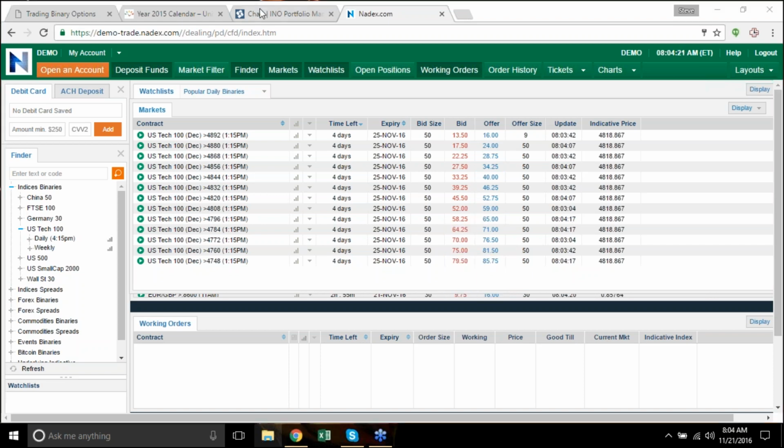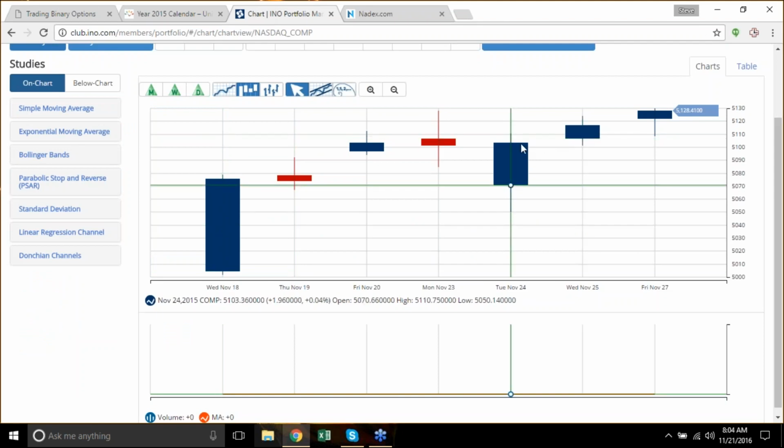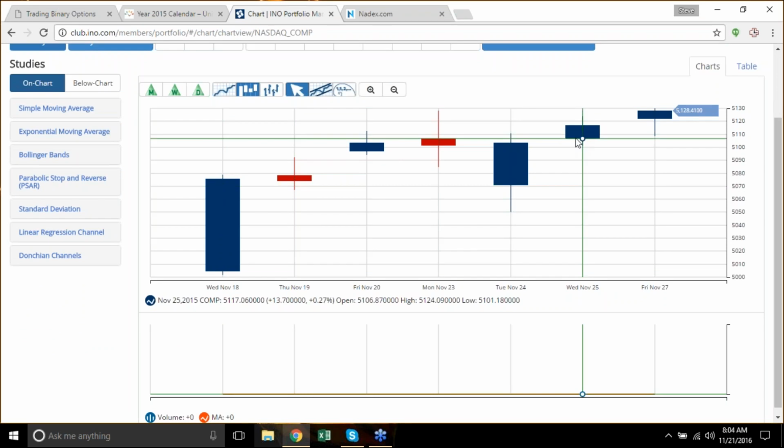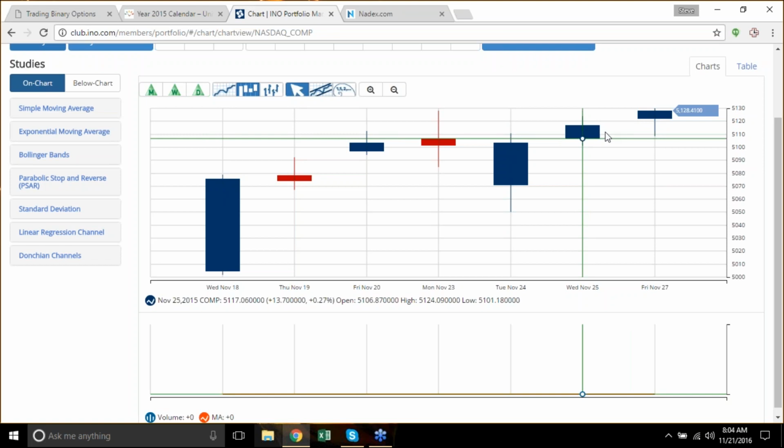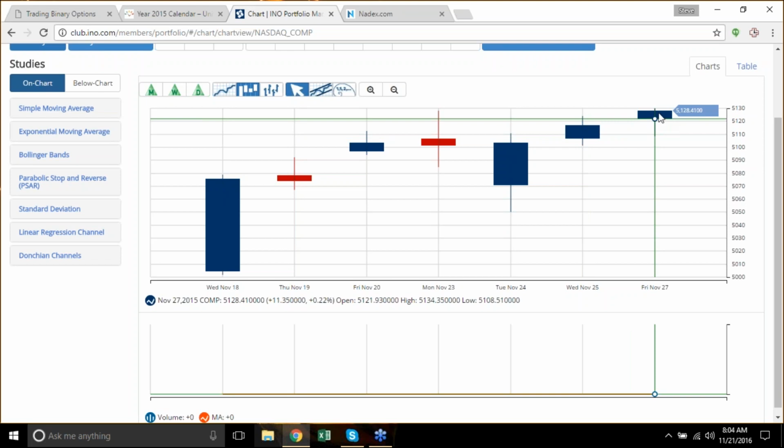Again, this is last year's chart. So this is where it closed last Tuesday, 51.03, and then it opened slightly up for the day, maybe 3 points, and then closed up about 13 total. And then the next day on that Friday, you can see it opened up about 4 points, went down a bit, and then closed up about 11 total. So it's a neat little thing, again, but it's strictly based on historical data. There's nothing else to it. Just was it up or was it down?